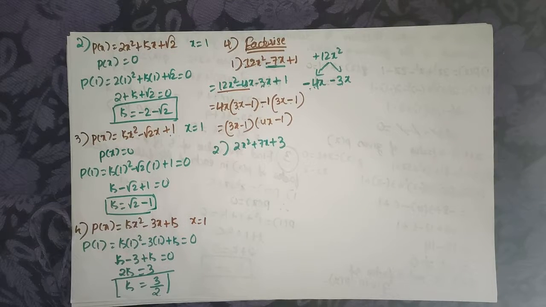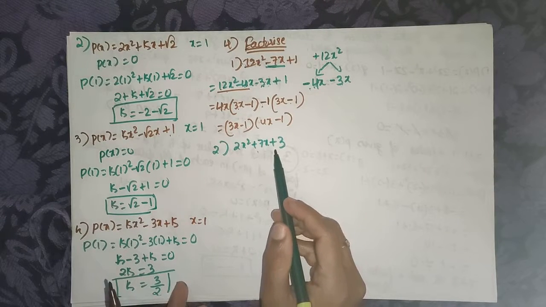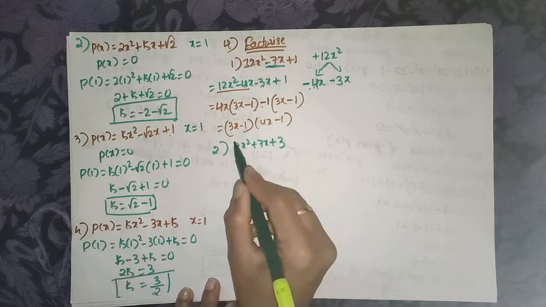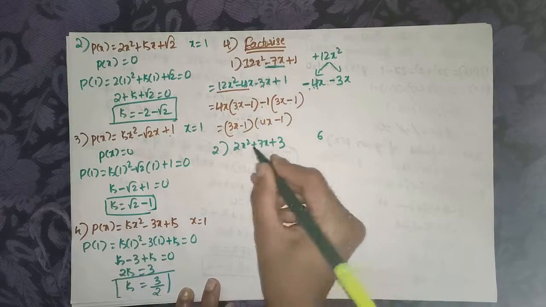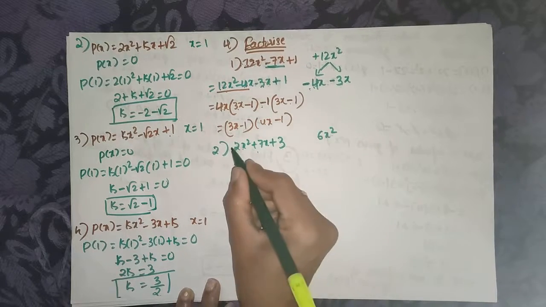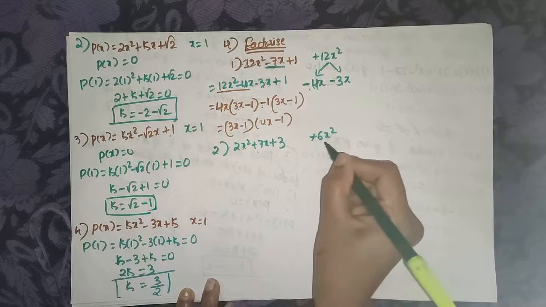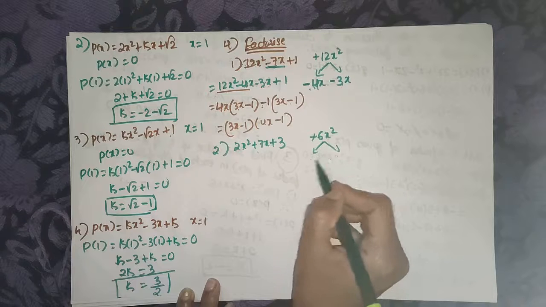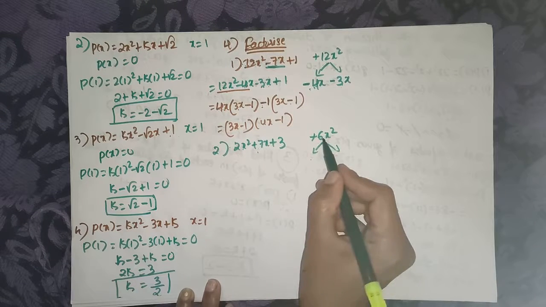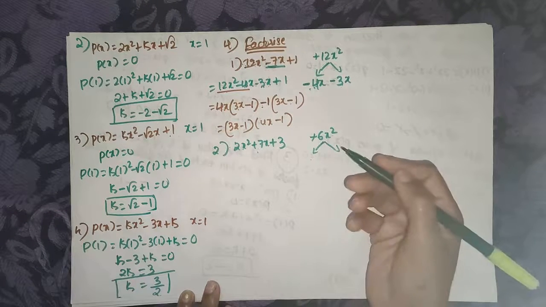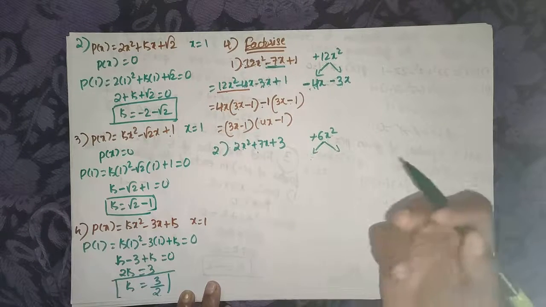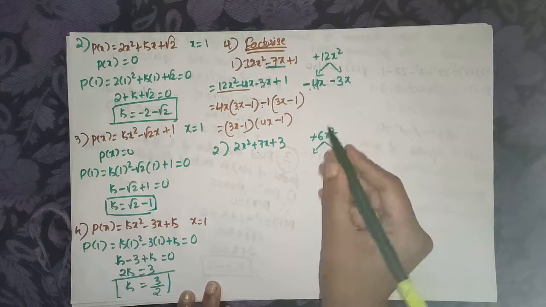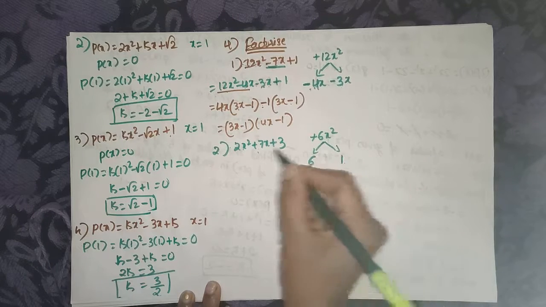Second question is 2x square plus 7x plus 3. Okay, we'll follow the same method. So multiply first and last term. 2 3s are 6 x square, plus into plus is plus. On splitting this, the sum of these two must equal 7. 6 comes from 2 3s are 6. But 2 plus 3 becomes 5. So that's why take another number. I take 6 and 1. 6 plus 1 is 7.